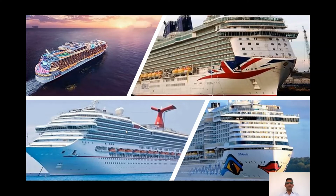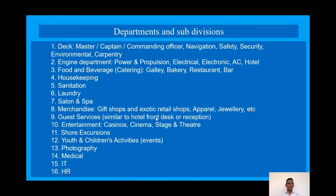Because of this diversity of departments, because of these various activities present and available in the cruise ships, there are a lot of jobs as well for the people, not only the ordinary merchant ship ranks or job categories. These ships have a very vast area of jobs. These are the departments on board a cruise ship,